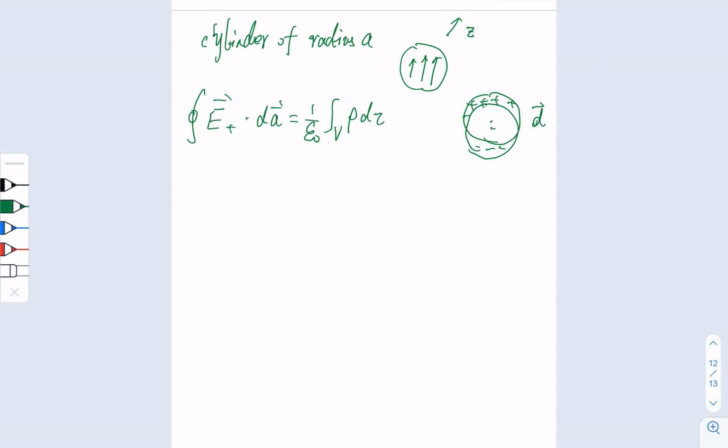We can simply use a Gaussian surface that is also a cylinder, but is smaller in radius, and so that will determine the E field inside. For the E field inside of the cylinder, if you use the cylinder, you can actually determine that the E should be